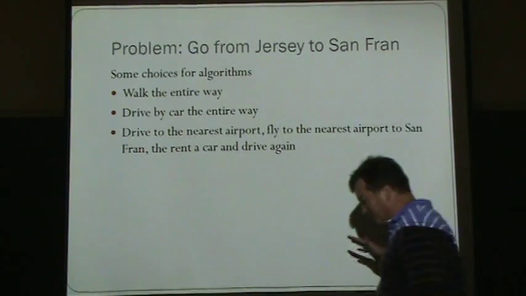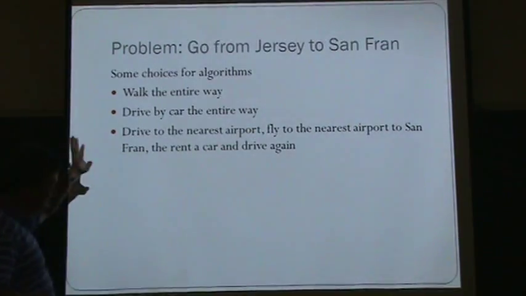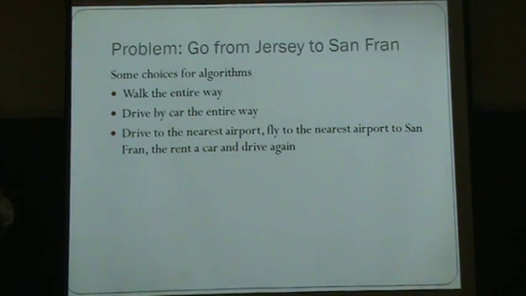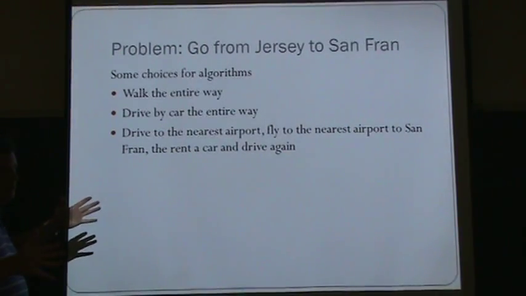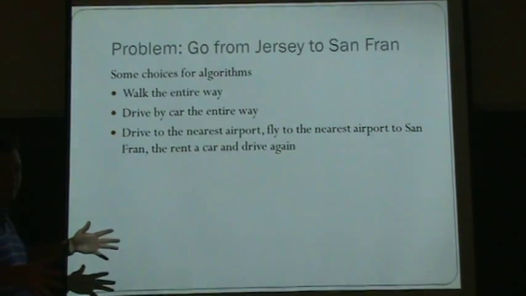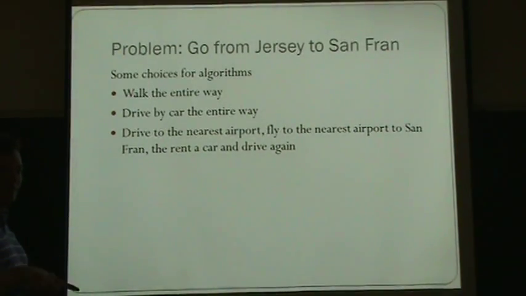Something like this is going to come up. Well, first of all, these are real data structures questions. I'm not just coming up with these to make a point. If you go to MapQuest and you say I'm here and I'm going to there, and they find you the best algorithm, they actually use data structures to find you the best algorithm. But this just gets across the point that we can have many algorithms to solve a problem, and some of the algorithms are a lot more efficient than others, so we would assume let's take the most efficient one.